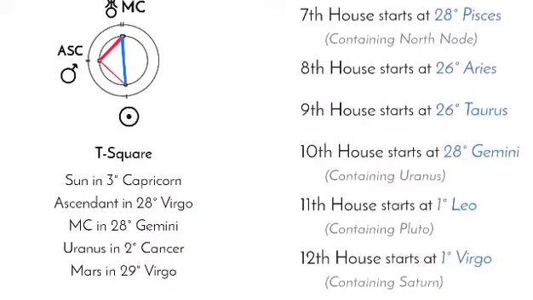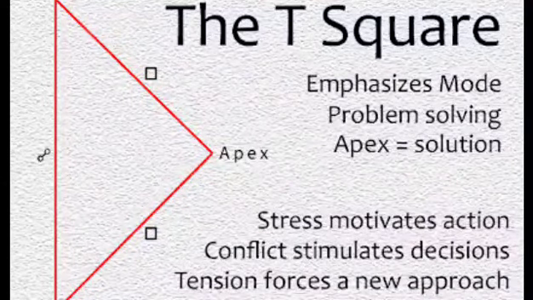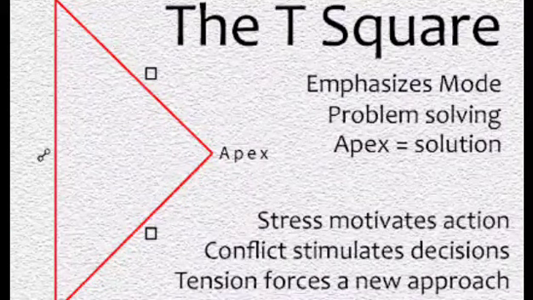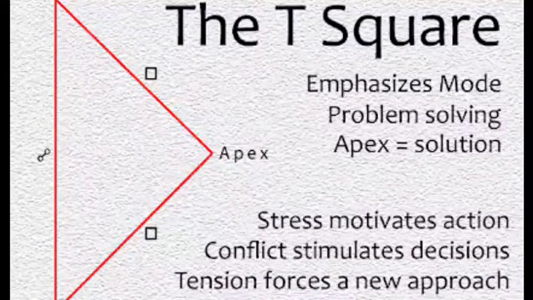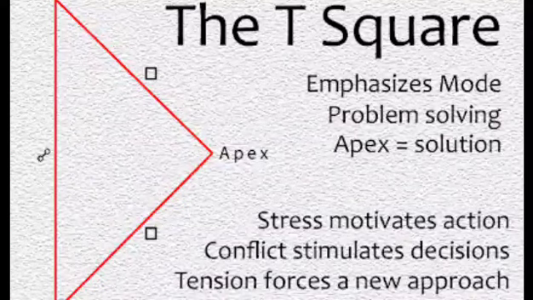So as you can see, people that have these T squares may not always be on an actor level or on that type of level of fame or notoriety where the whole world knows them, but it doesn't take away from their success or their achievements, or overall what they could possibly achieve with great discipline.